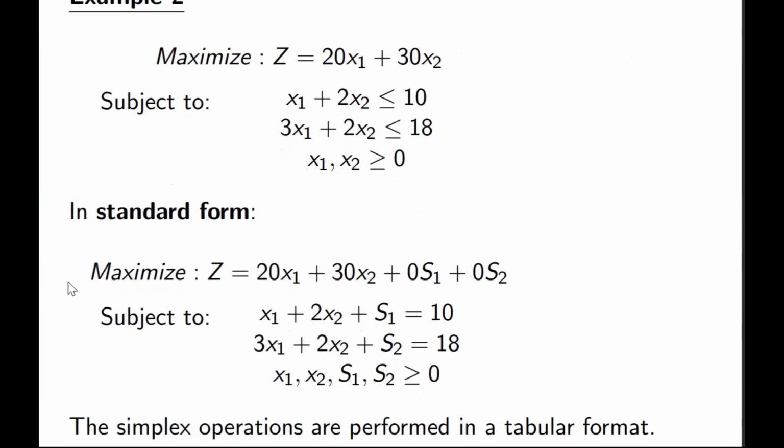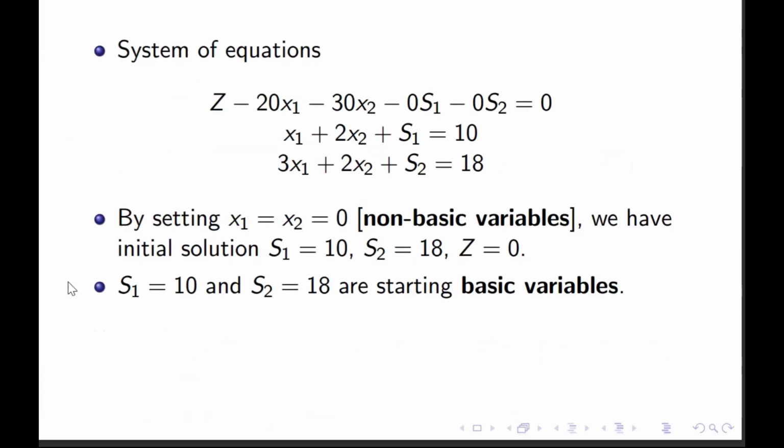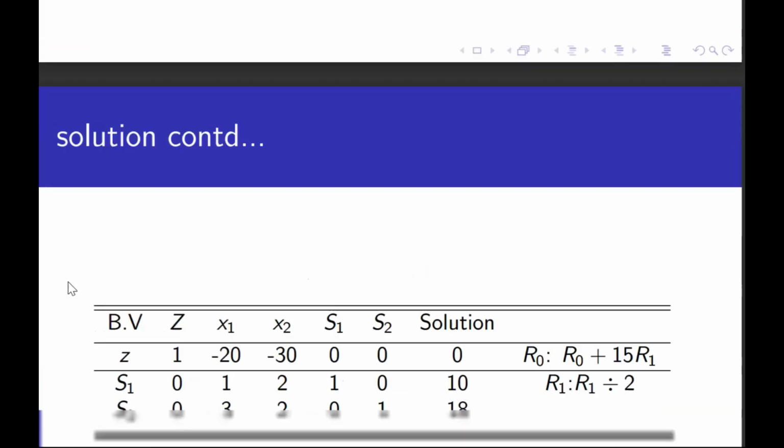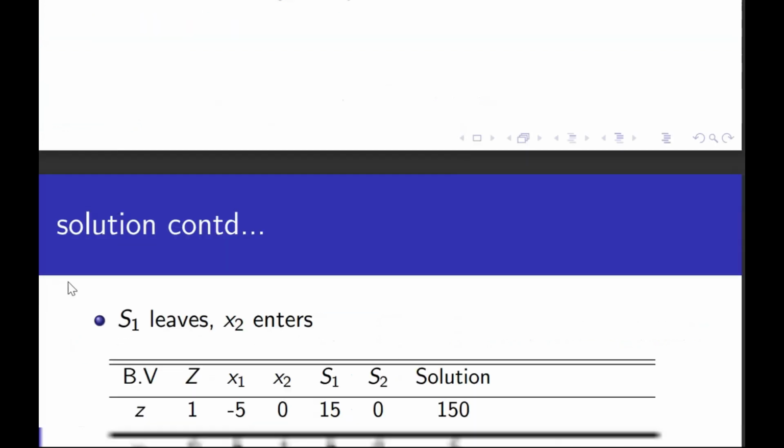Let's take another example. Maximize z = 20x1 + 30x2, subject to x1 + x2 ≤ 10, 3x1 + 2x2 ≤ 18, x1, x2 ≥ 0. As we maximize, the simplex operations are performed in a tabular format. In the tableau, the most negative coefficient in the z row is −30. So the minimum ratio is 10 divided by 2, which is 5. So the new tableau is given by